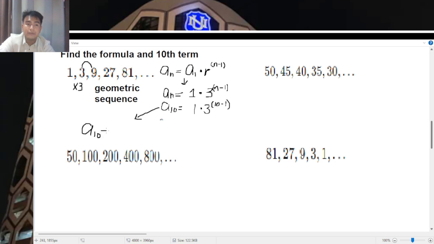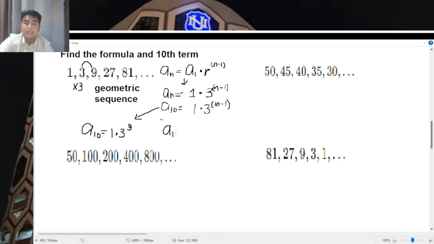The 10th term is equal to 1 times 3. And then the exponent should be 10 minus 1. That would be 9. Okay, 3 raised to 9. And if you're going to use your calculators in here, 3 raised to 9 means 9 pieces of 3 multiplied by itself. Okay, and if you're going to use your calculator, 3 raised to 9 would be equal to